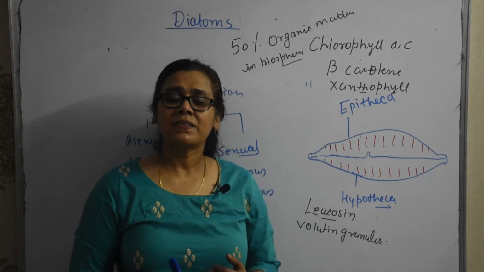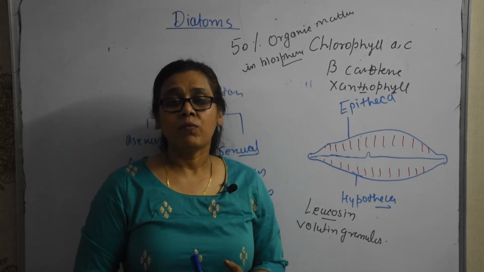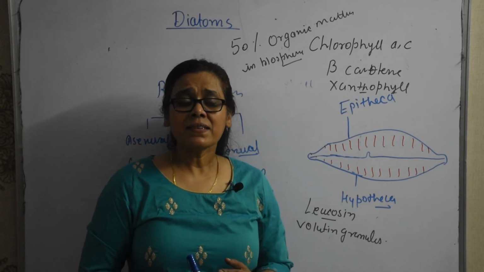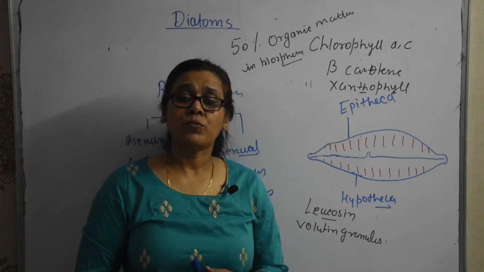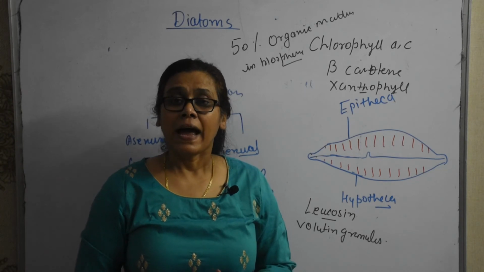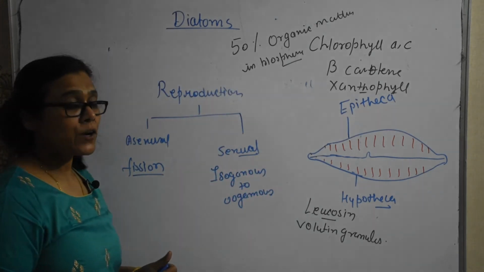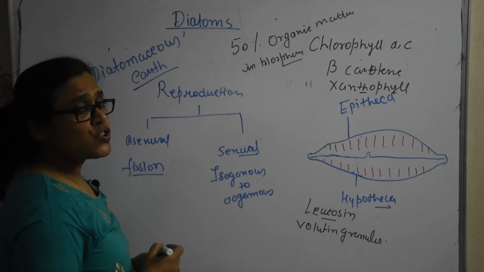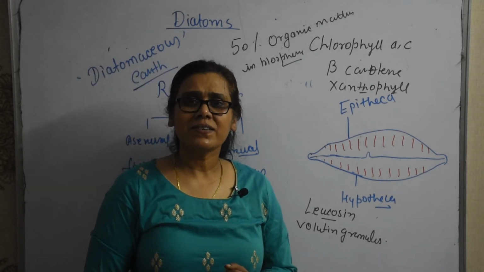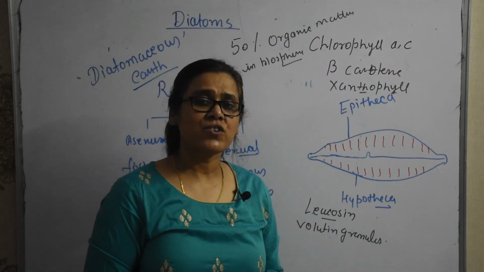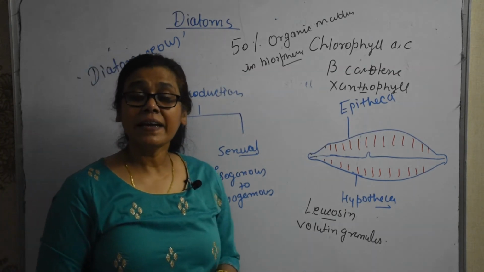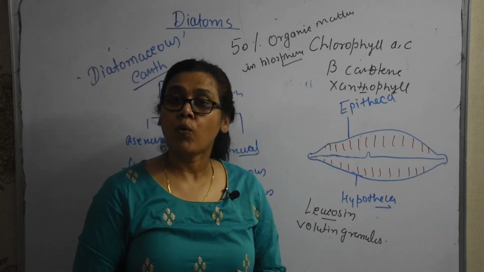As diatoms have silica in their cell wall, the cell wall becomes indestructible, and as a result they get accumulated on the seabed and form a huge rock-like structure, and that structure is known as diatomaceous earth, which is used for various commercial purposes like brewing industries, sugarcane refineries, and the manufacture of toothpaste, etc. Apart from this, diatoms are good indicators of water pollution.